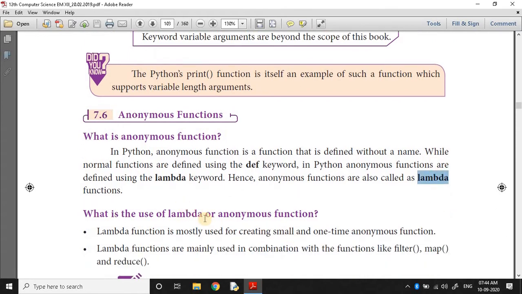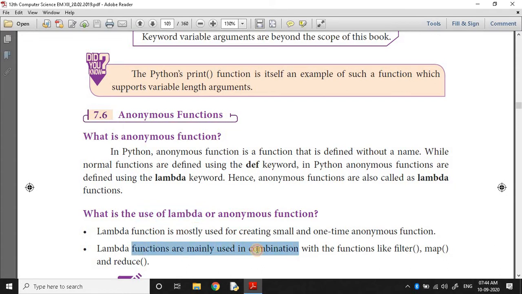What is the use of lambda or anonymous functions? I already told this yesterday. Lambda functions are mostly used for creating small, one-time anonymous functions. Whenever the function is very small or doing some simple calculation, we need not write it as a normal function; we can define it as a lambda function.